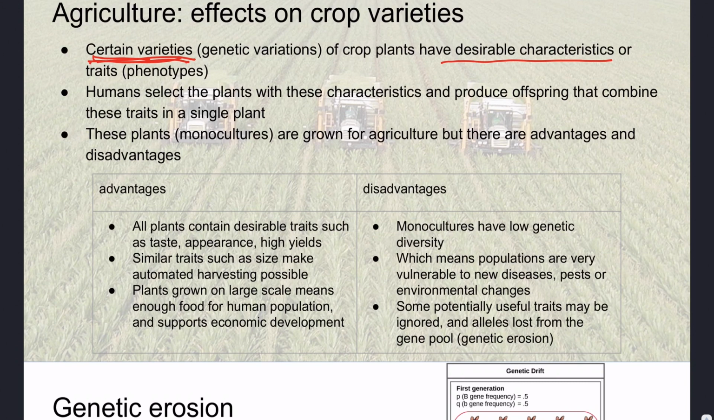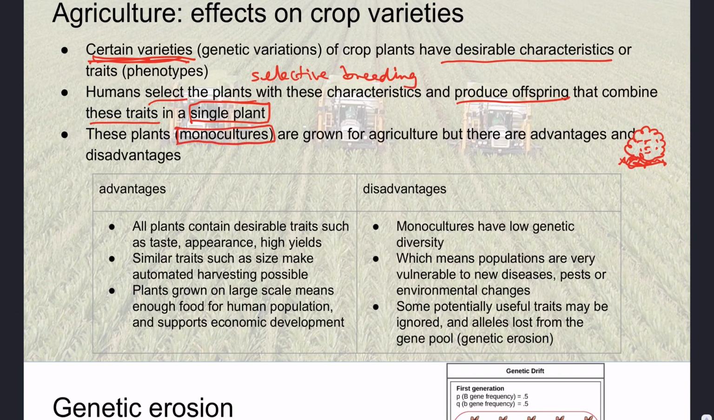Okay, and what the humans do then is carry out the process of selective breeding. They select the plants with the characteristics that humans consider useful or advantageous, and then use those plants to produce offspring that combine these useful traits in a single plant. What you get then is, if you're growing a cauliflower, at some point you get the ideal cauliflower. It tastes great, it looks great, has a great texture, it cooks properly, grows fast. It's got all these characteristics, but